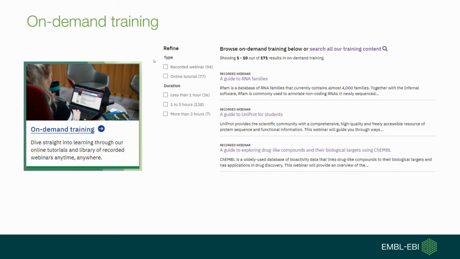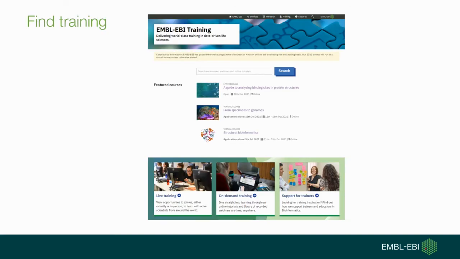It also takes the time to give some details of the trainers, their biographies, to make sure that people understand where that training material actually came from, and whether or not they want to spend time working through it themselves. So that's how we describe training, and that's useful for people who know what kind of training or materials they're